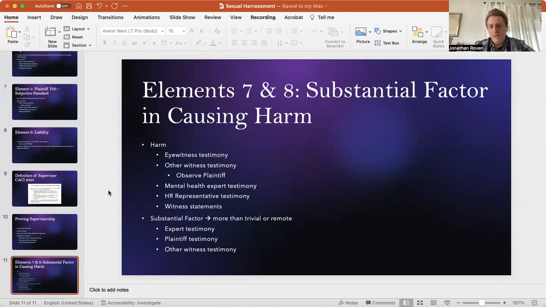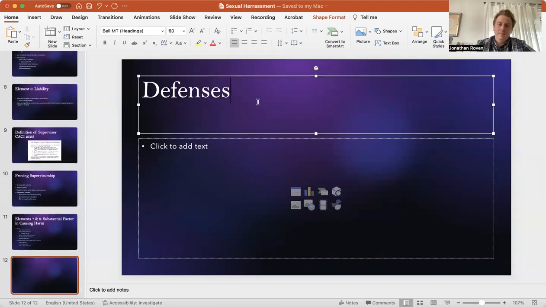And we ask the plaintiff themselves, what do you believe caused these feelings that you have about the situation? Definitely the workplace. What the defense will do is